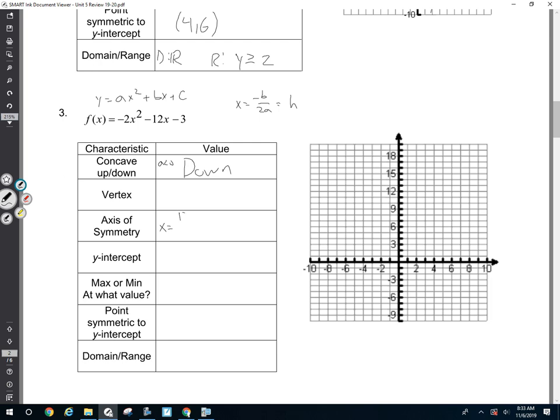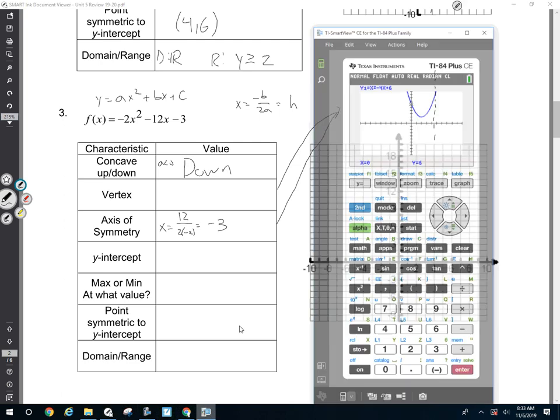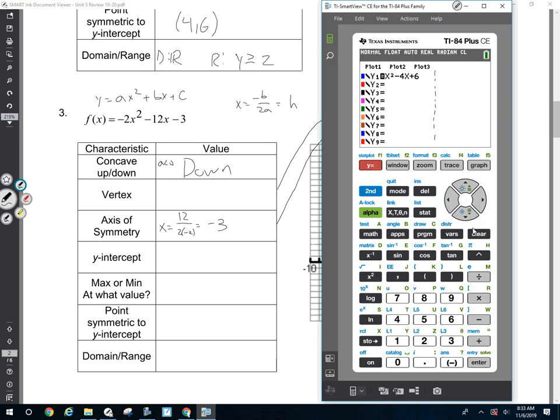So the opposite of B would be positive 12 over 2 times A. That's 2 times negative 2. So that's 12 over negative 4. So that's negative 3. Okay, now combining this to find my vertex, you can plug in negative 3 back into this equation. Again, if you wanted to, you can go in your calculator, and you'll have the use of your calculator,